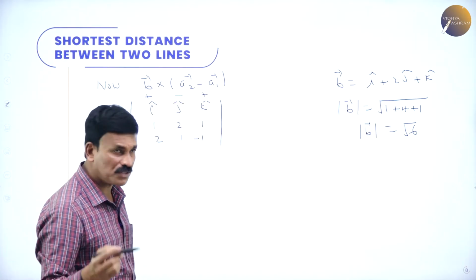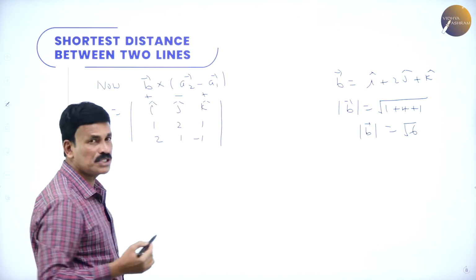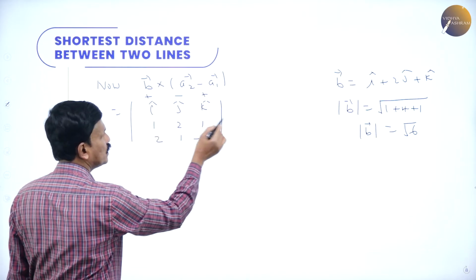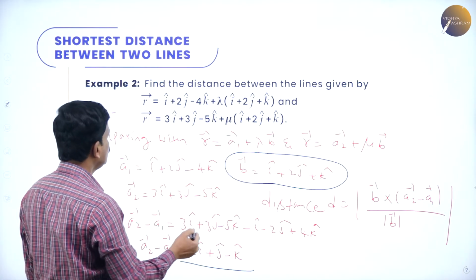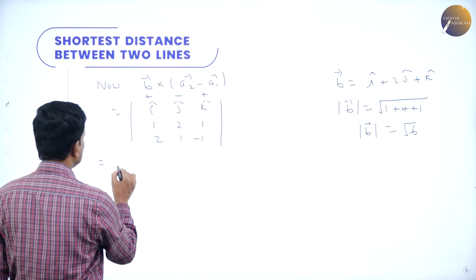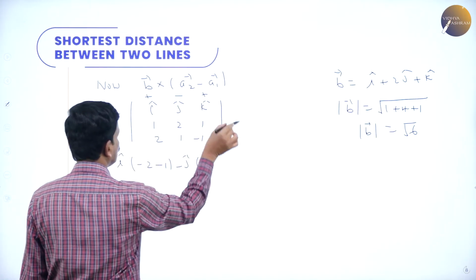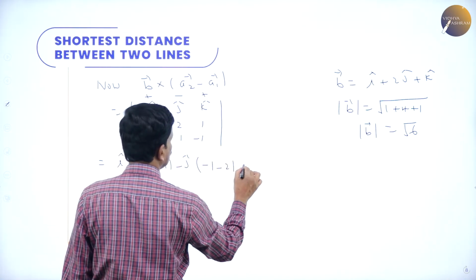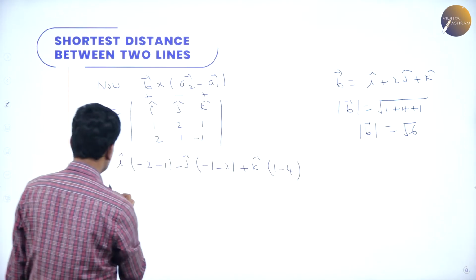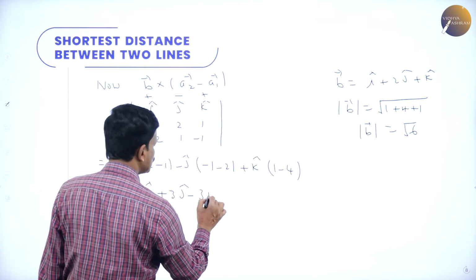Now listen to me, I will explain once again. So now B cross (A2 minus A1), where vector B is i plus 2j plus k, is the determinant of i, j, k, the coefficients of B are 1, 2 and 1, and A2 minus A1 is 2, 1 and minus 1. Simplify this, expand with respect to the first row. This is i into (1 times 2 is 2, minus 2 times 1), minus j into (this row and column deleted, 1 times 1 is 1, minus 2), plus k into (this row and column deleted, 1 times 1 is 1, minus 2 times 2 is 4). So this is minus 3i cap plus 3j cap minus 3k cap.